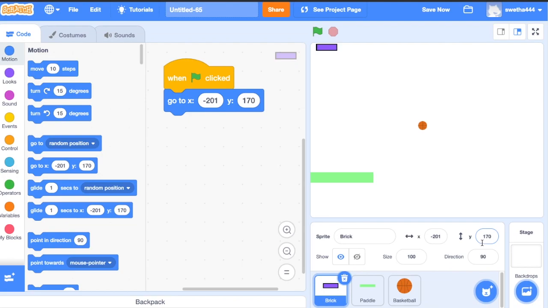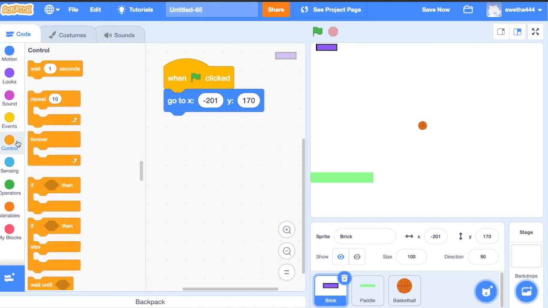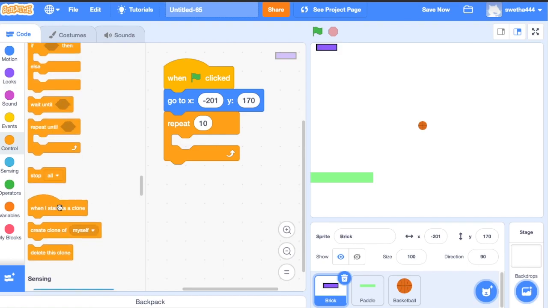Next, click on control, repeat 10 times. I am going to create 10 bricks in each row. So I repeated it for 10 times. Click on control, drag the tag, create clone of myself.